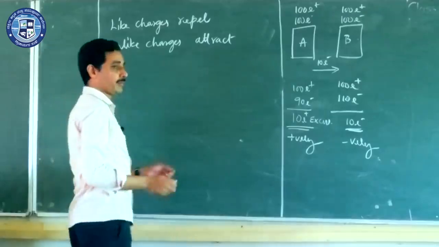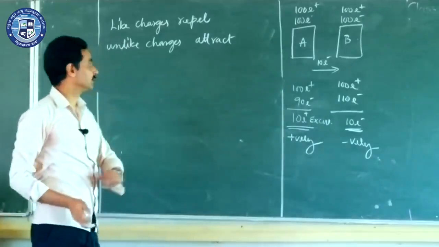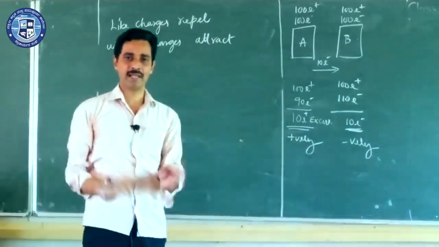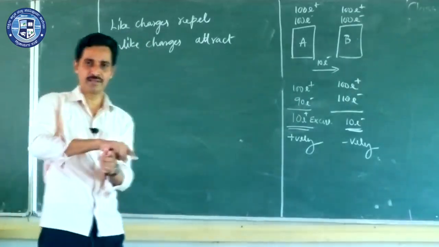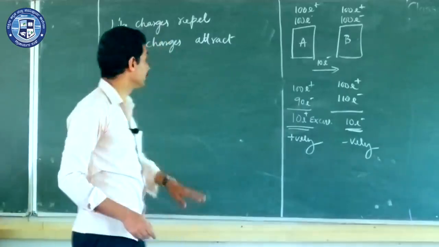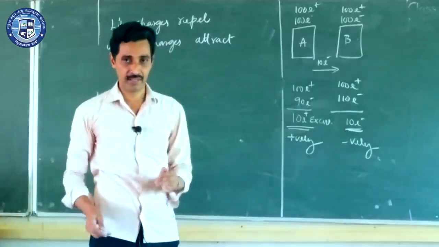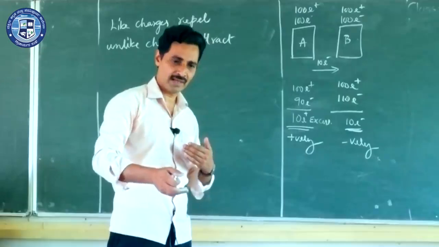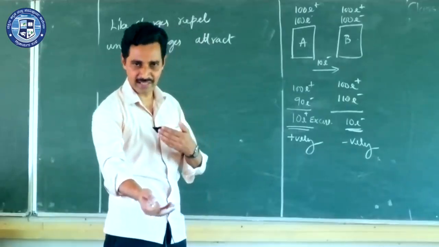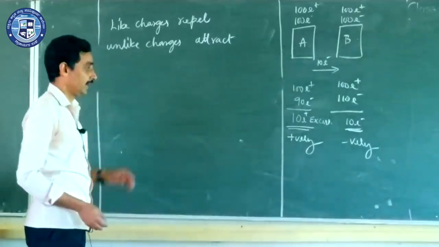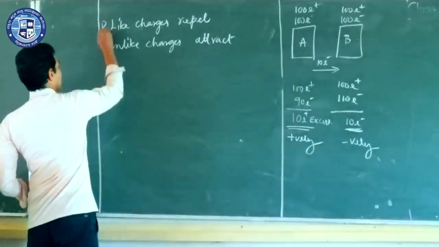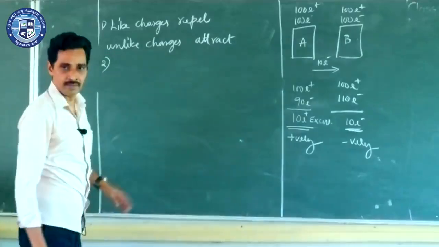Right? So positive and positive charges repel, they are like charges. Negative and negative charges repel, they are like charges. Like means similar. Whereas unlike charges, opposite kinds of charges, plus and minus, attract. This may be the first conclusion that we can see. One which has lost electrons gets positively charged, and one which has gained electrons gets negatively charged. They attract because they become unlike charges. This is the first property. And another property of charges, I will cover one by one like this. Let it be here. Right?